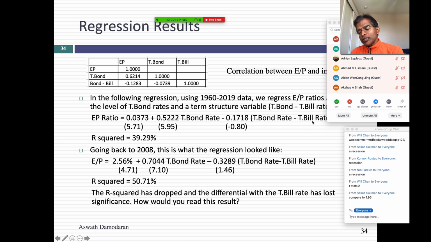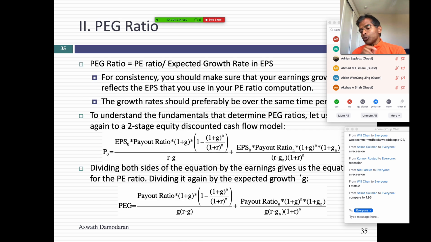The T-bill rate today is about 0.03%. Let's say I plug in today's T-bond rate and today's T-bill rate into this regression. I'll get a predicted earnings to price ratio for the S&P 500, right? I can compare that predicted earnings to price ratio to the actual earnings to price ratio. What is that going to tell me? Given T-bond rates and T-bill rates today, this is what my earnings to price ratio should be, but this is what it actually is. That comparison is going to let me decide whether given interest rates being where they are, stocks are cheap or expensive. For the last decade, that's what I would have done.